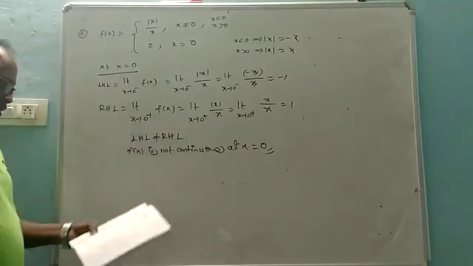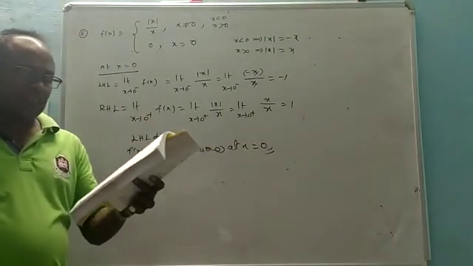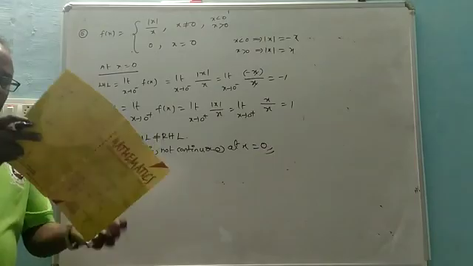So that is the method. 8th, 9th also same; 10th, 11th, 12th also same model. So the 13th